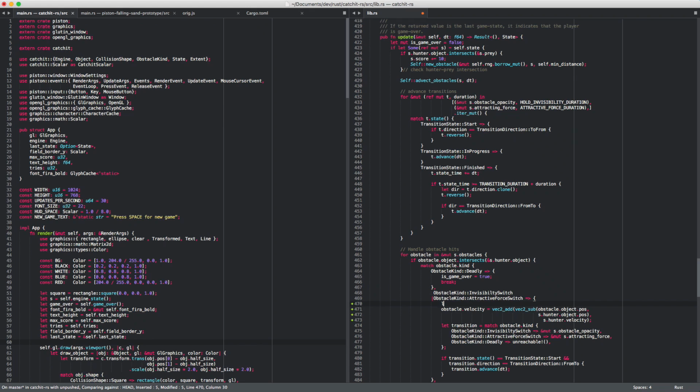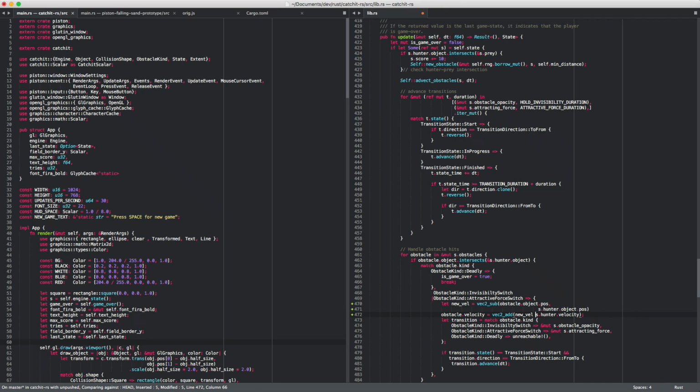Yeah, let's have a let new velocity be this one. Then we just add new velocity and my hunter velocity. So basically that's kind of in the opposite direction, but based on our collision. So that is that. Then we normalize it back to normalized. Voila. And then we multiply it by the length of the